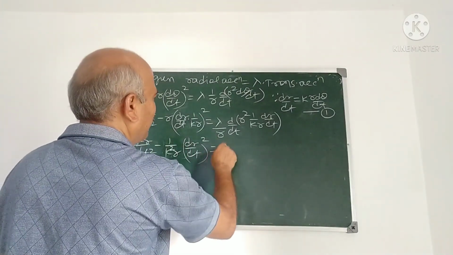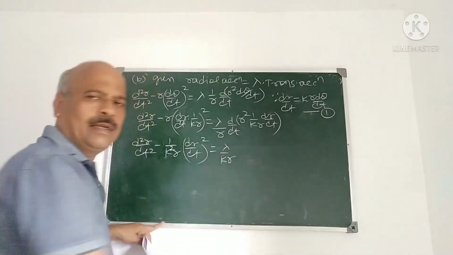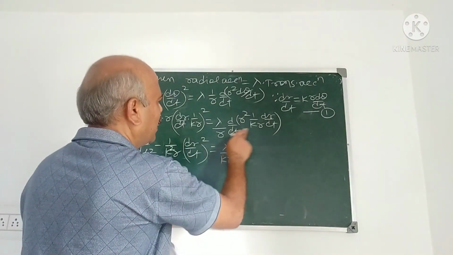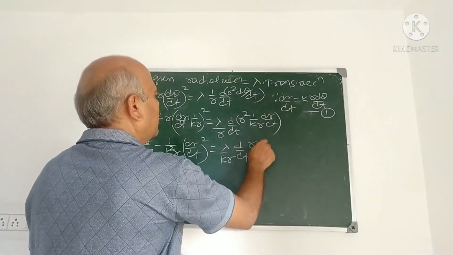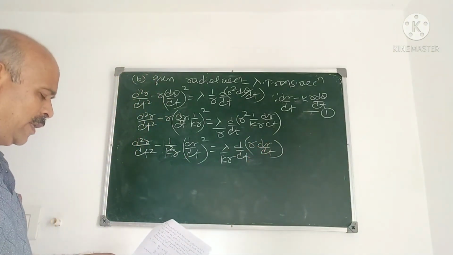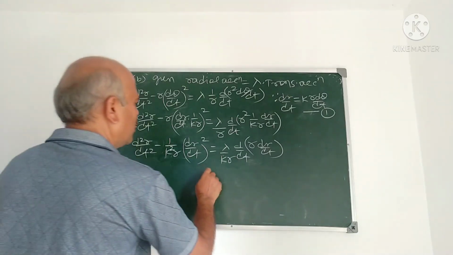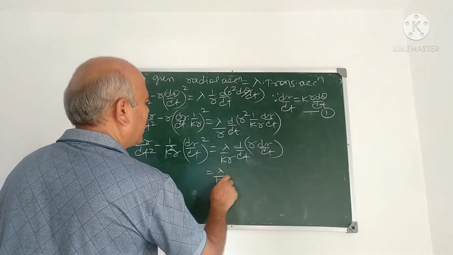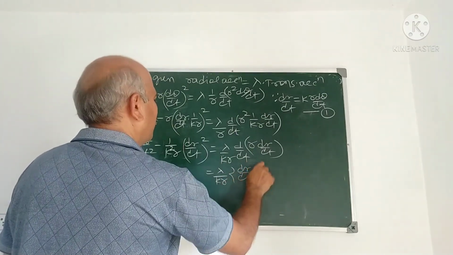It is equal to lambda by r, lambda by kr, correct? Lambda by kr d by dt of r dr by dt, correct? r dr by dt. Therefore, it is equal to lambda by kr into dr by dt